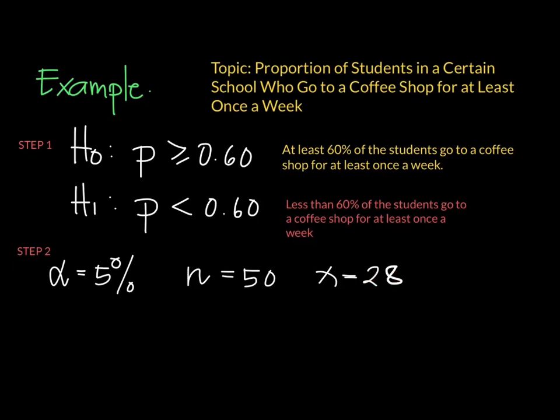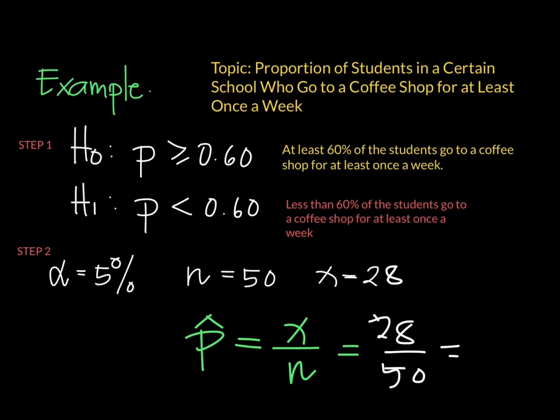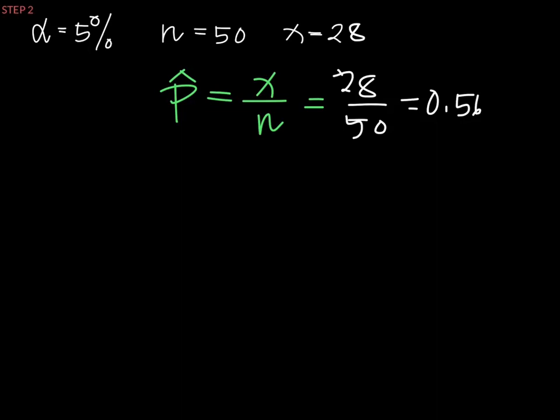So with this information, we should already know that the sample proportion p hat, which is x over n, so 28 over 50 is equal to 0.56. Now, since this is a study on proportion, there is only one type of test that we can apply, and that is the z-test for one population proportion, and the test statistic z for this test is computed by